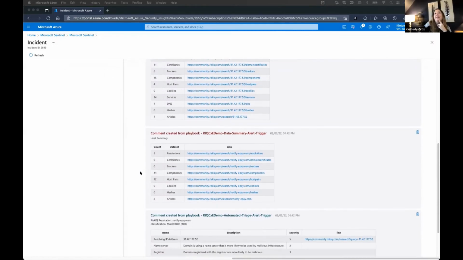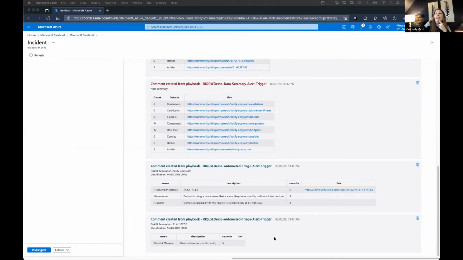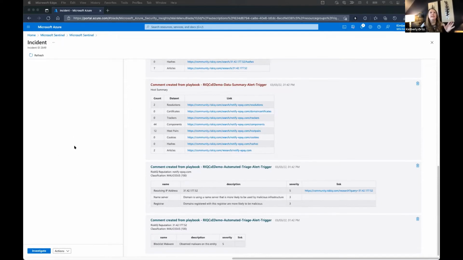And then last but not least, my favorite playbook, and the one that I always recommend everybody start out with, is this automated triage playbook. What this did was take the extracted entities and send them to our reputation service. Because a malicious reputation score returned for at least one, and in this case both of our indicators, this led to the severity of the incident getting bumped up to malicious, and also the addition of that tag that I pointed out earlier.